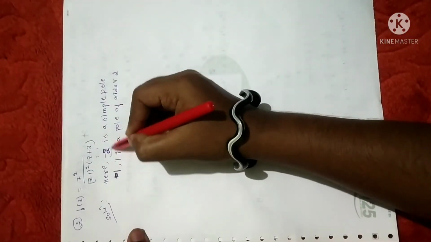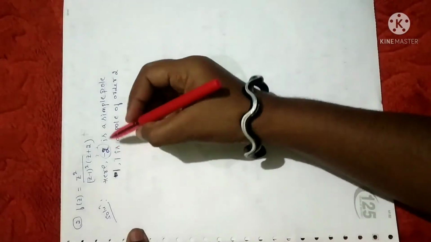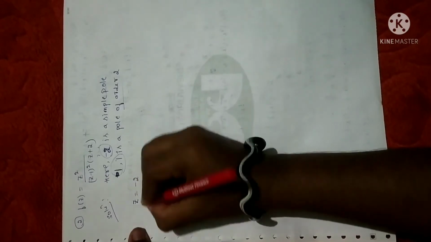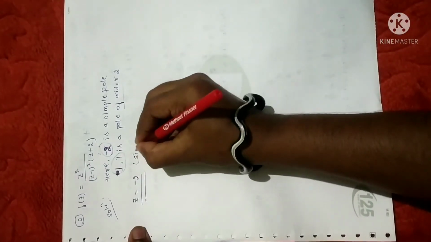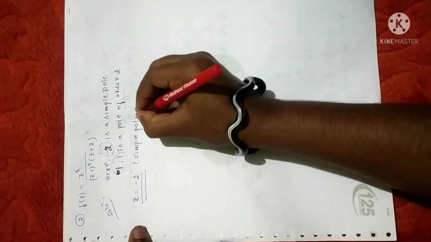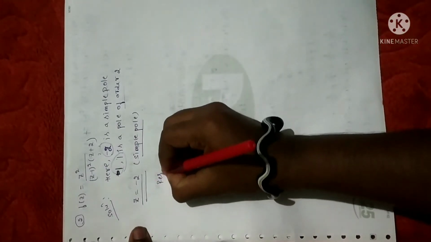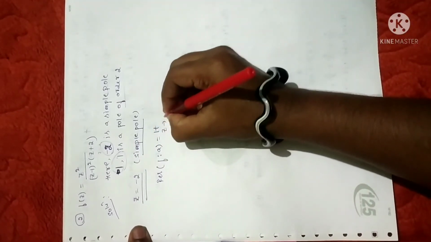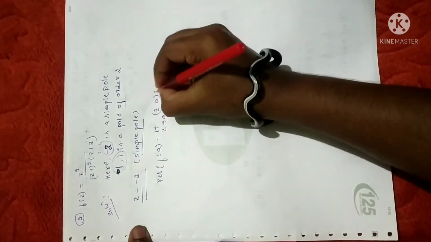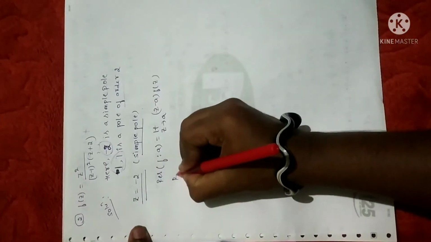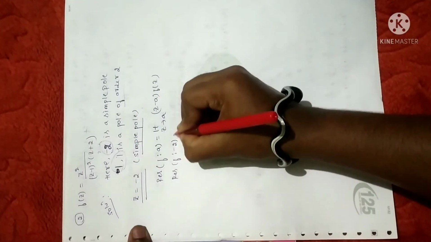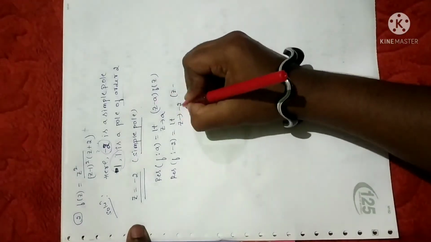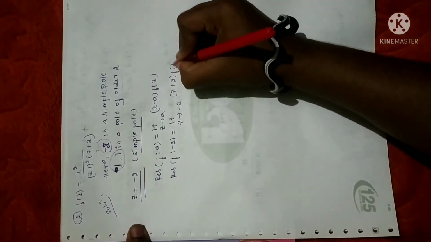Now we have to calculate the residue with reference to minus 2, that is a simple pole, and 1 with reference to the pole of order 2. First let me calculate for z is equal to minus 2, that is for a simple pole. As I already told you, to calculate the simple pole, for the first problem I have explained, residue of a function f with reference to a is given by limit z tending to a, (z minus a) into f of z. This is the formula we have. Now replace a with minus 2. So you will get limit z tending to minus 2, (z minus of minus 2) will become z plus 2 here, into f of z.